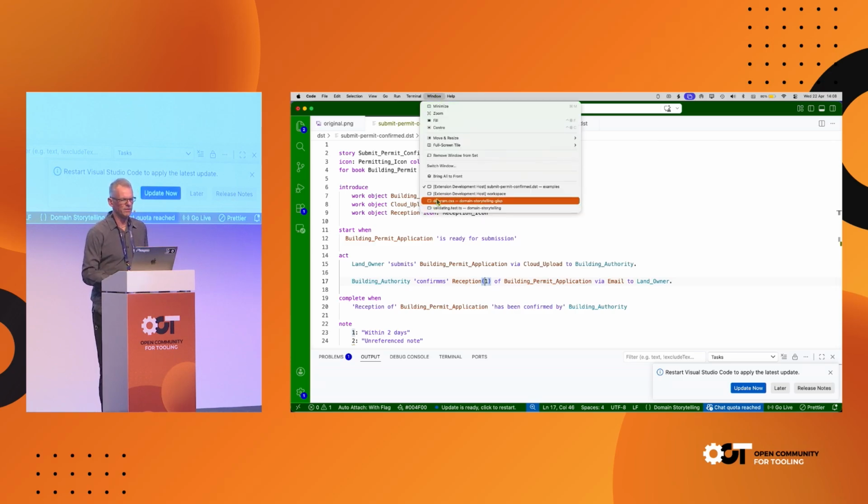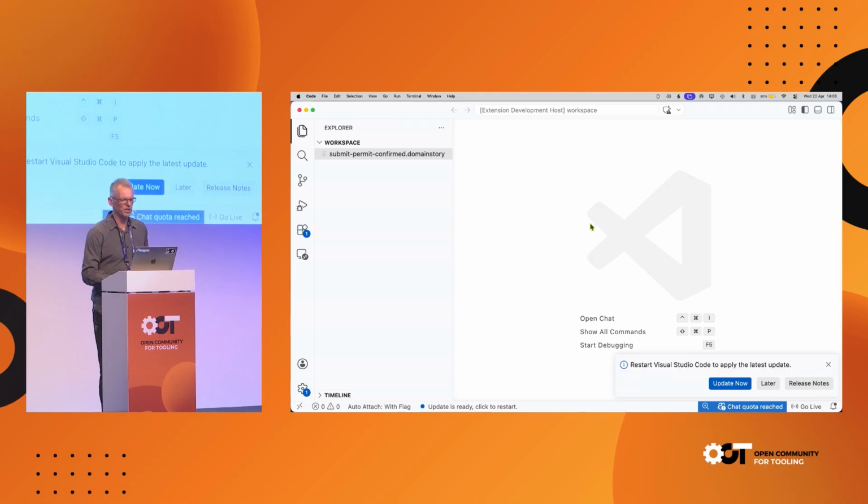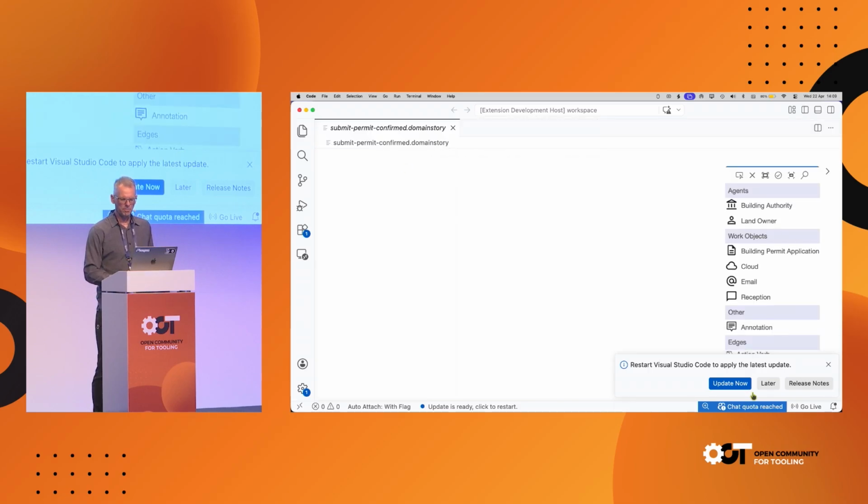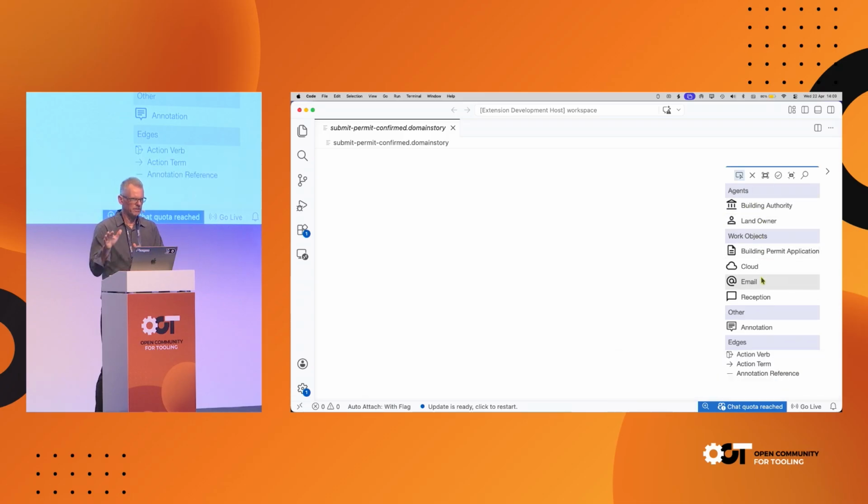But we also need diagrams because that's what users expect, and that makes it much easier to work with them. So here I've created an empty file for it, and when I open it, it's empty. And here is the palette with all those icons that we have shared. I faked this, I must admit, but the icons, they are there. They're material icons that are pulled up in this palette.